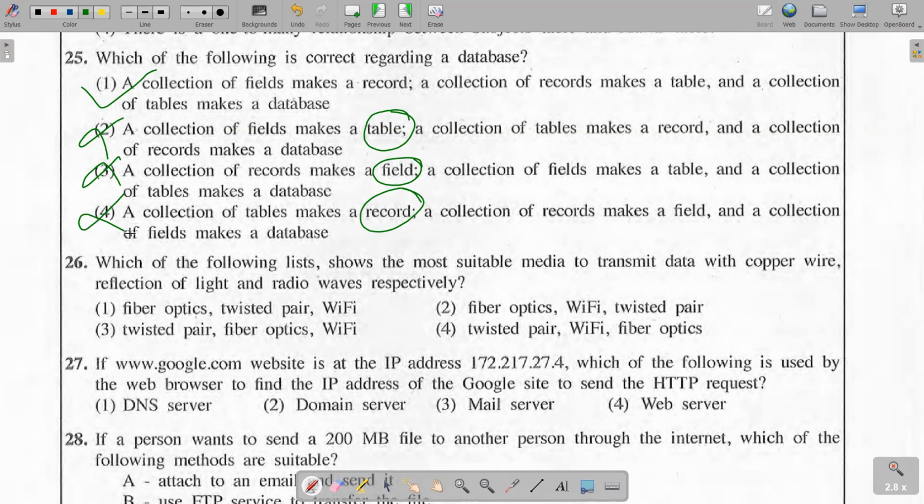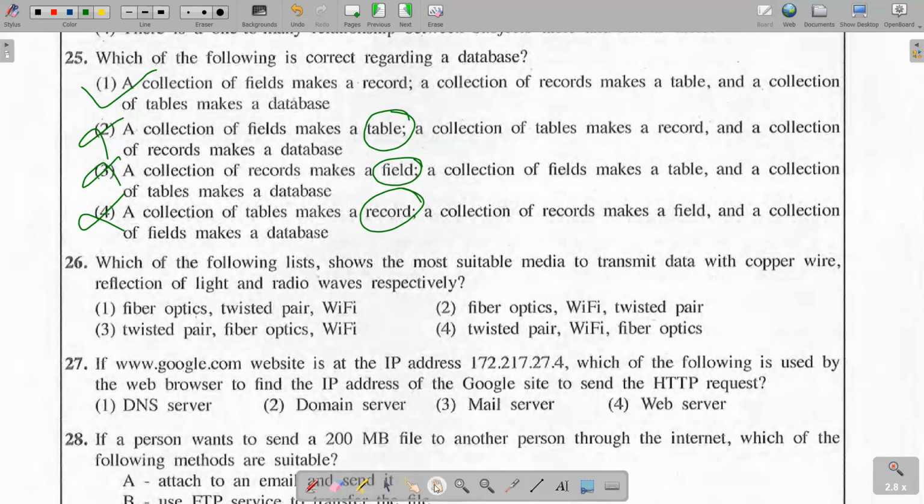So that's the basis, the very simple thing regarding a database. A collection of fields make a record. A collection of records makes a table, and a collection of tables makes a database. Right, so